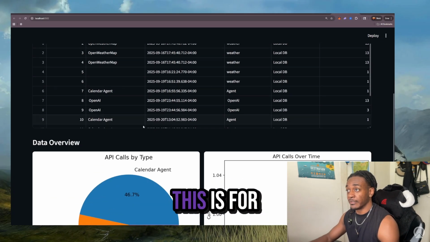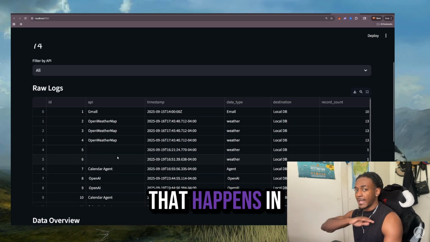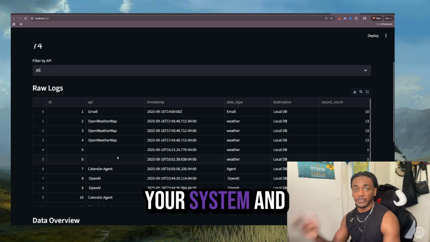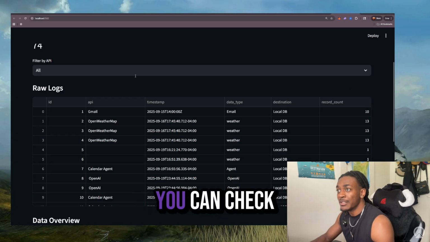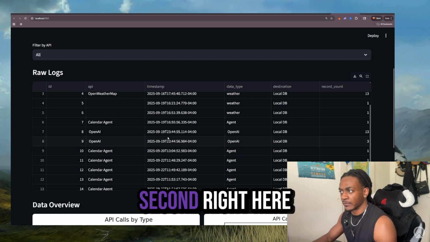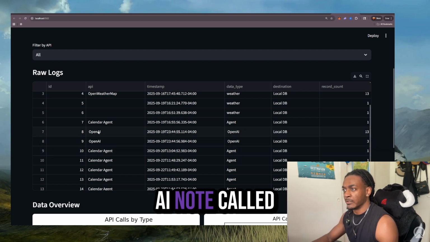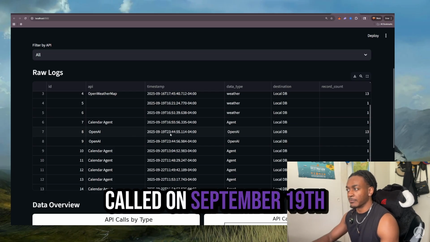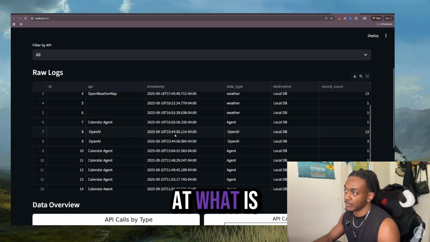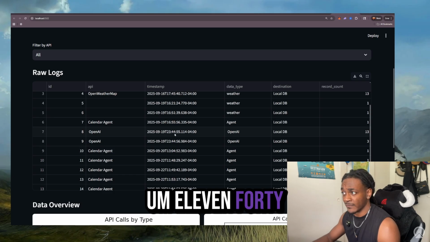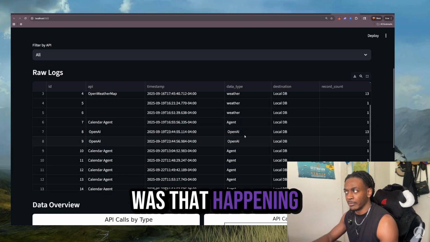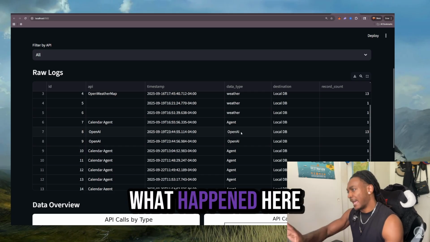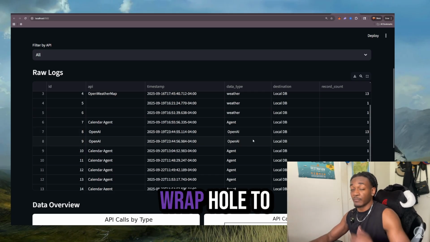the benefit of having this is, for one, you see everything that happens in your backend. So if for some odd reason someone gets into your system and they start calling things around, you can check, okay, well, wait a second right here. Why was the OpenAI node called? Why was it called on September 19th at, what is that, 11:44 p.m.? Why was that happening? The system should have been closed. Nobody was working. I was asleep. What happened here? Right? So then it gives you a little bit of a rabbit hole to go down,